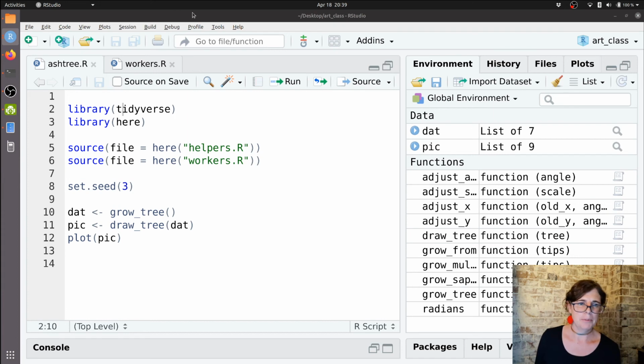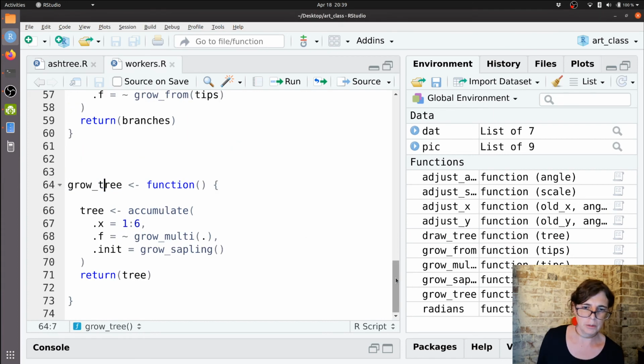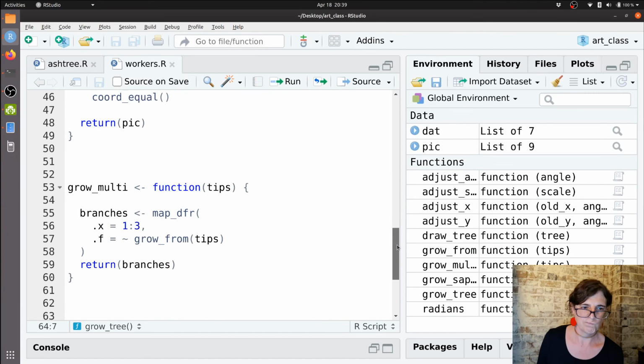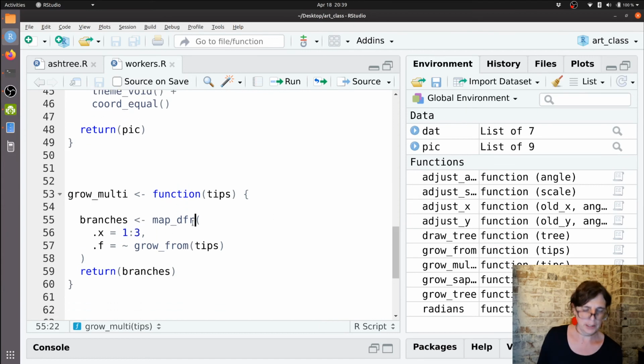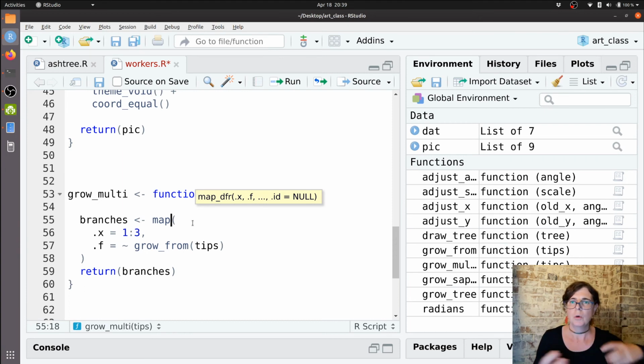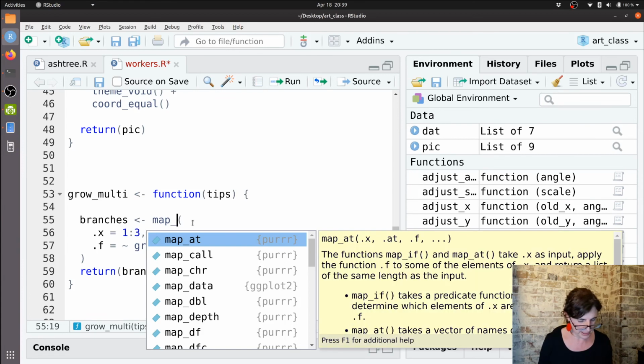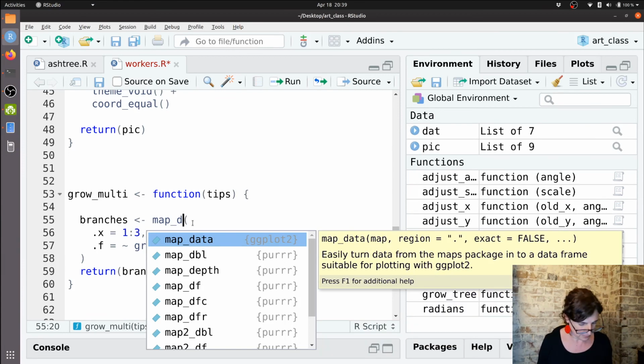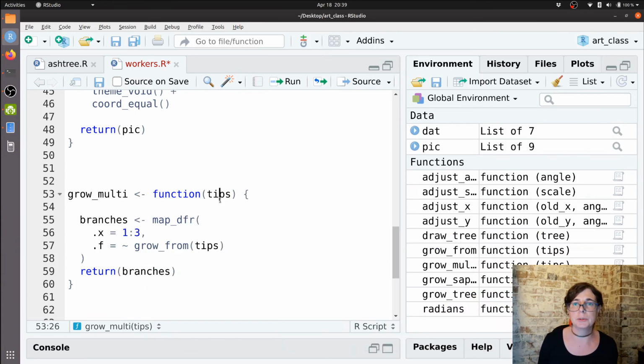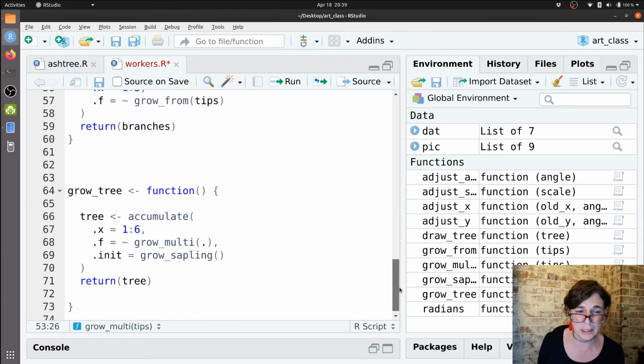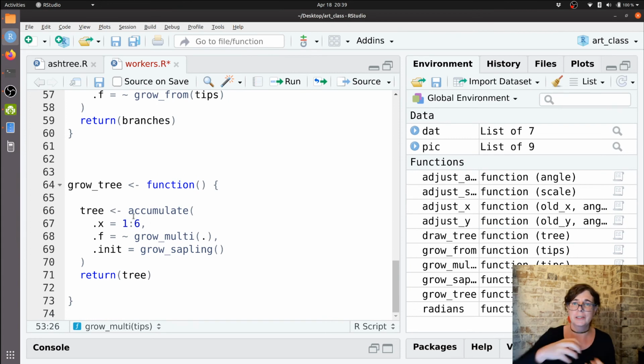When I ran the map function originally, let's just go back up to grow multi. I just did this, right? I did a map. And what the map did on its own was output a list. But I didn't want a list. I just wanted this one long data frame that's growing. So for the map, there's the map DFR variant that collapses it to a single data frame. That's kind of what I wanted to do here as well,